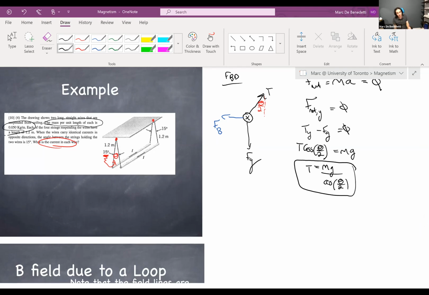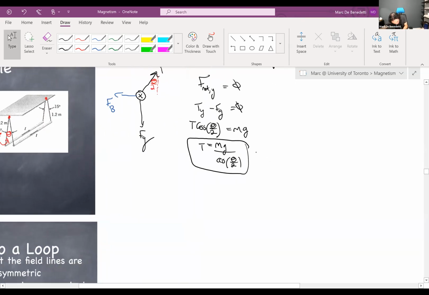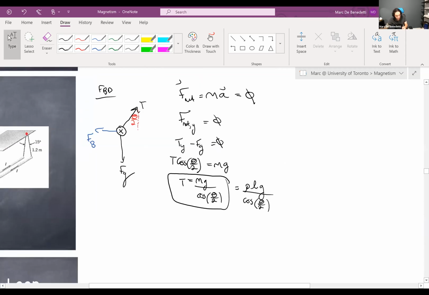So we have the linear mass density of the wire. As we've done before, we can find mass that way. So we can say this is going to be rho Lg over cos theta over 2. So we can numerically solve for tension if we want to. We can obtain a value for tension. Not that we necessarily want to, but we will need to swap it out when we look at the x